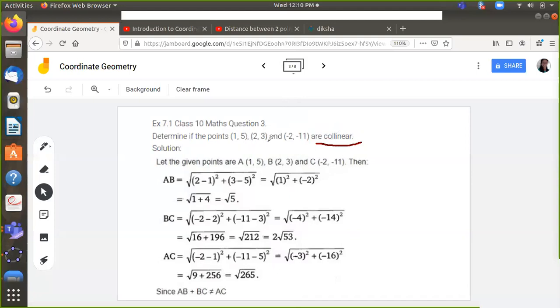Now, to find out whether 3 given points are collinear, there are 2 different ways. One is using the distance formula. The second one is using the area of triangle. So when I reach that formula later on, maybe in another 4 or 5 classes, I will teach you again how 3 points can become collinear using that formula. Now, because I have just introduced the distance formula, I'm going to apply the distance formula to show that the 3 points are collinear. So I have 3 points. So I'll take this first point as say A. I call this as A.